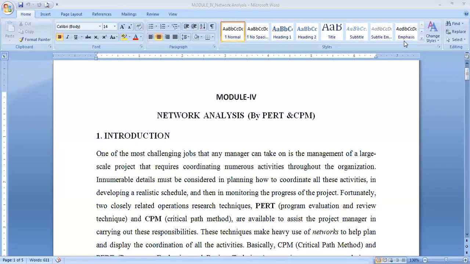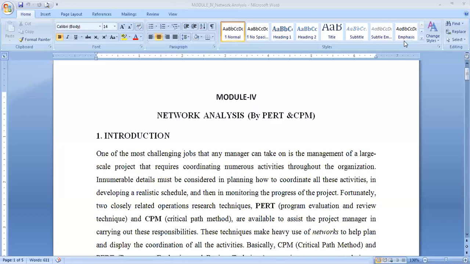All these techniques are used for decision making in a system. The decisions are made by the managers. The long-term decisions are made by the top level management, and aggregate decisions or the moderate decisions, which involve the moderate time horizon, are made by the middle level managers. Then, in management, one of the most challenging jobs is to manage the projects, the large scale projects.